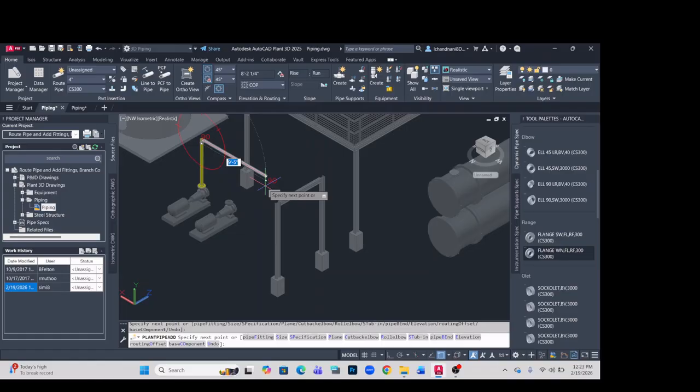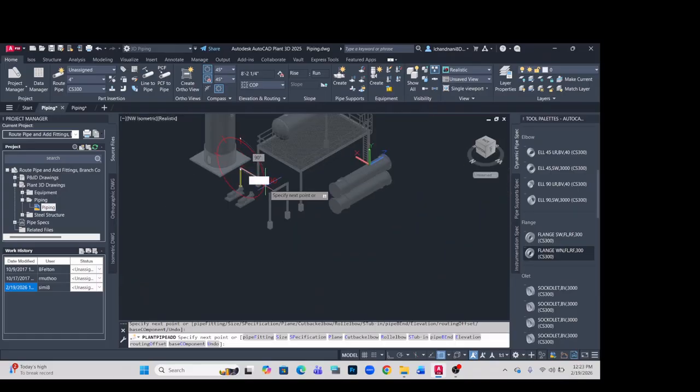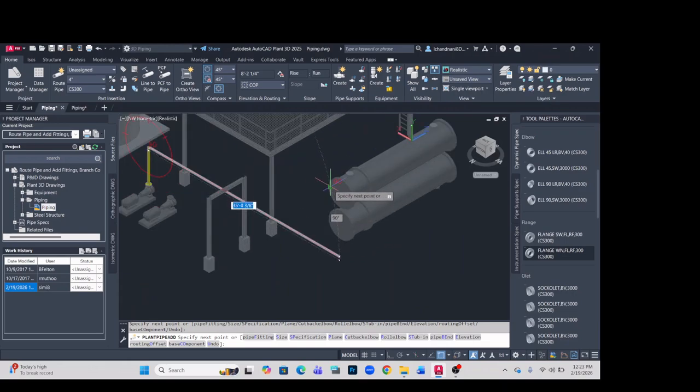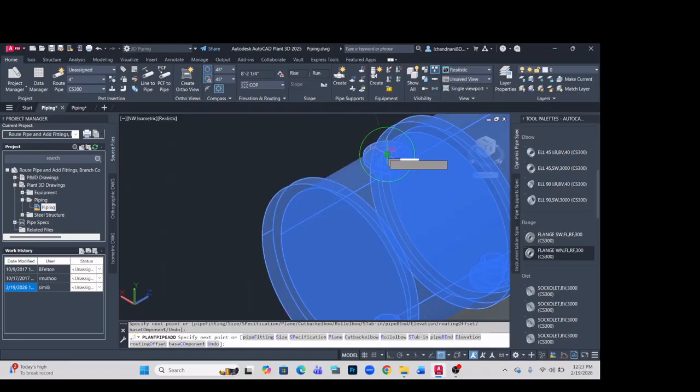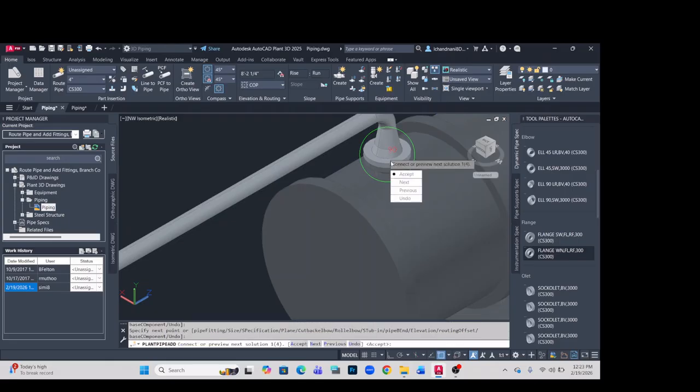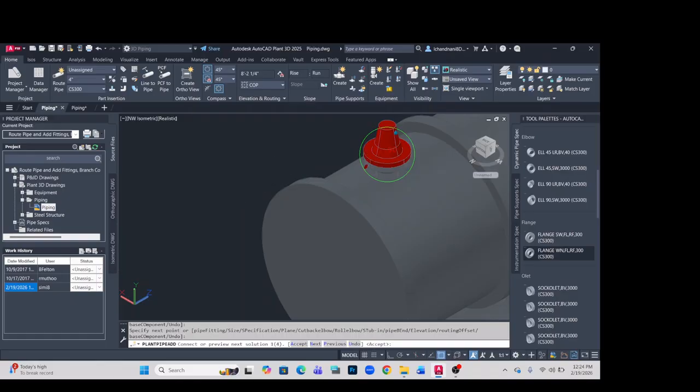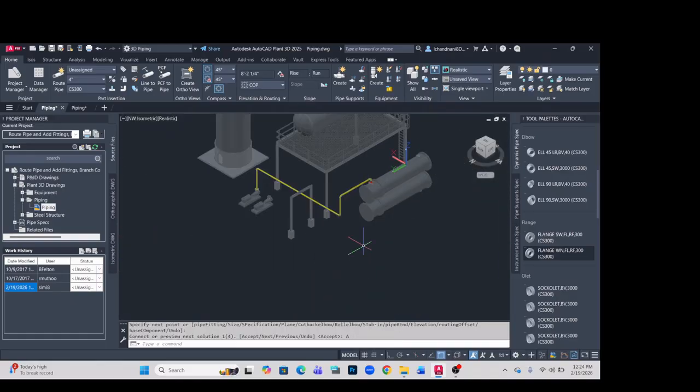I'm not clicking, I'm not specifying a distance. All I'm doing is moving again at 90 degrees. So on the compass, you want to make sure that you are at 90 degrees to the first vertical line. So I'm going to move forward here, and again without clicking anywhere else, I'm going to come to my heat exchanger, and I'm going to pick the node again. So you want to pick that node, and then you can preview it, or you can just say accept, and let's see how it has turned out.